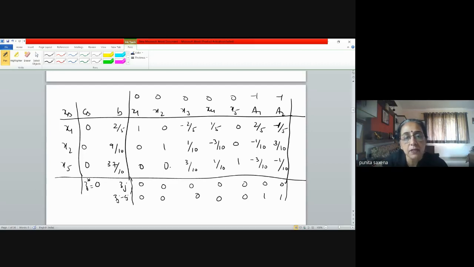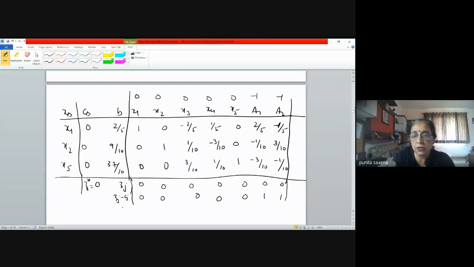So we have this. Now see, all the optimality conditions are satisfied, because all Zj minus Cjs are greater than or equal to 0. That means we cannot proceed with this simplex table. One possibility is that we end up at this stage: we have reached optimality and there is no artificial variable in the basis. All my basic variables are x1, x2, and x5. The artificial variable has been removed. So this is where phase 1 ends, right?